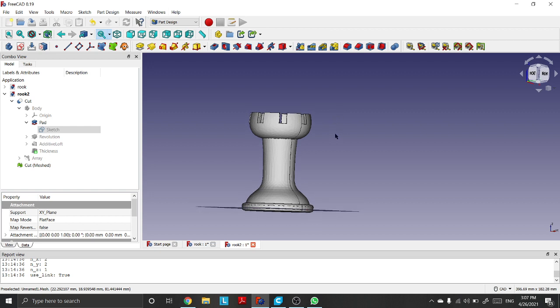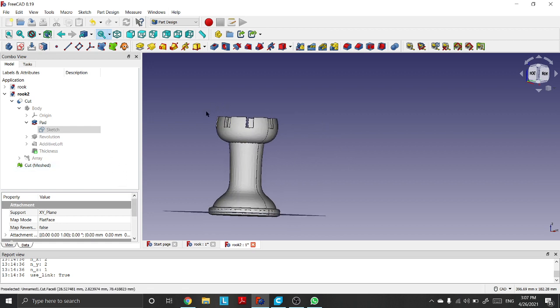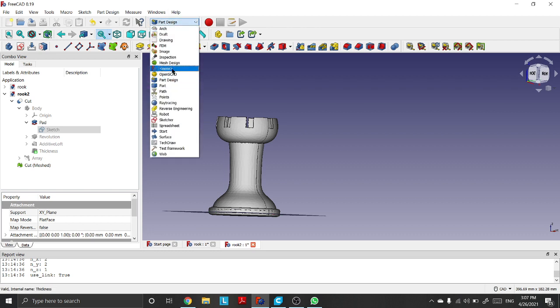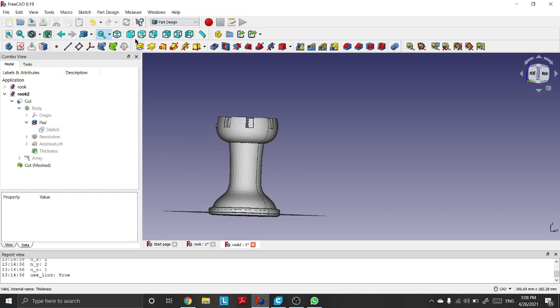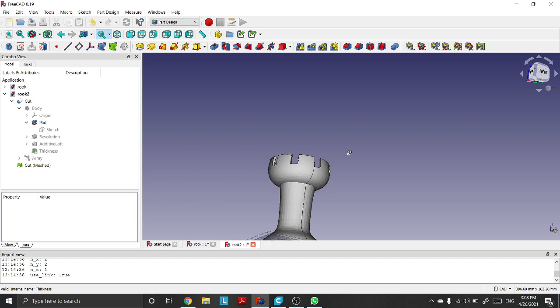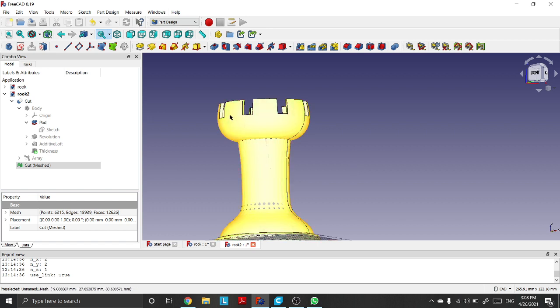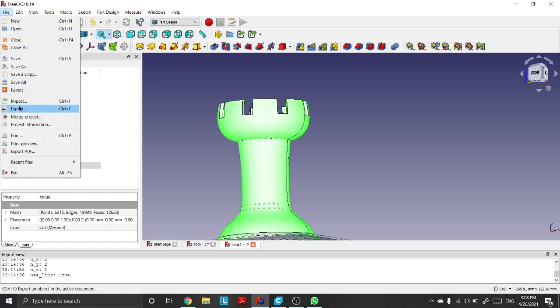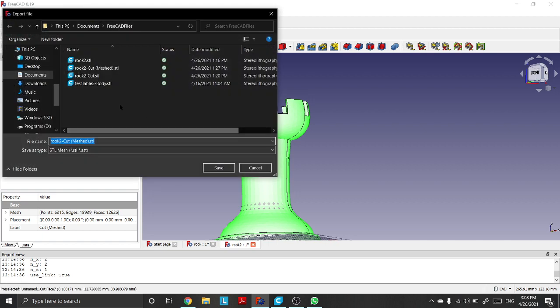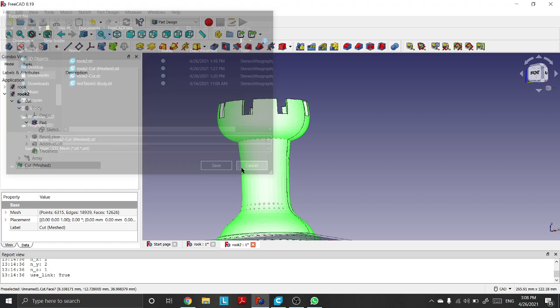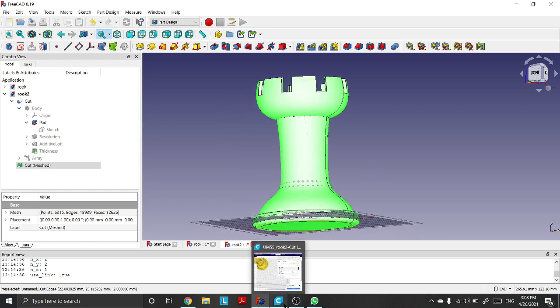And now, after creating the piece, I created the mesh. For the mesh, I went to the mesh design option here, and then I selected create mesh from parts, and then I created a mesh of this part. So here you can see this is the mesh of the part, and then I went here and exported the STL file. So I can show you the STL file here. This is the STL file which I exported, and now we move on to Cura for our further operations.